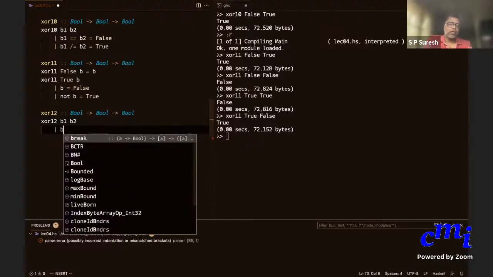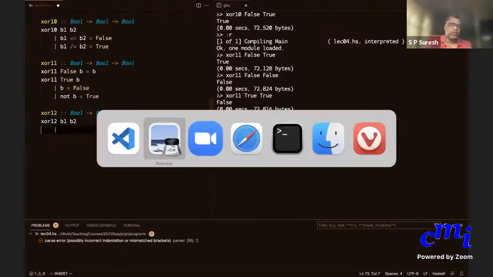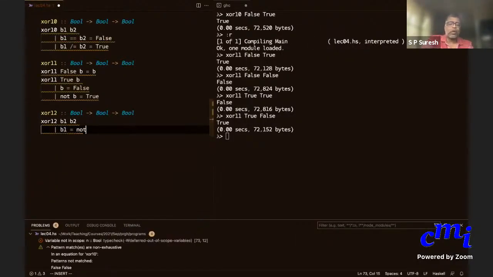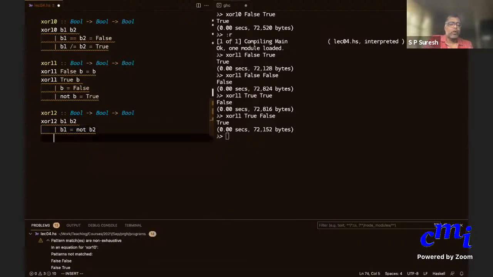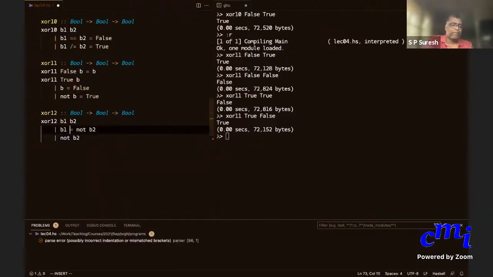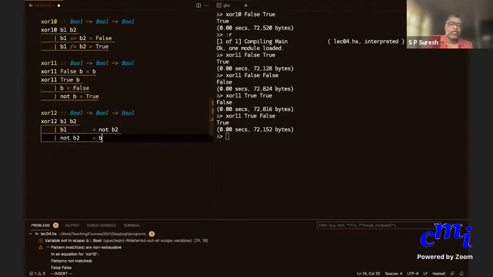If B1 is true, then I am saying not B2, while if B2 is false, then I am saying just return B1.